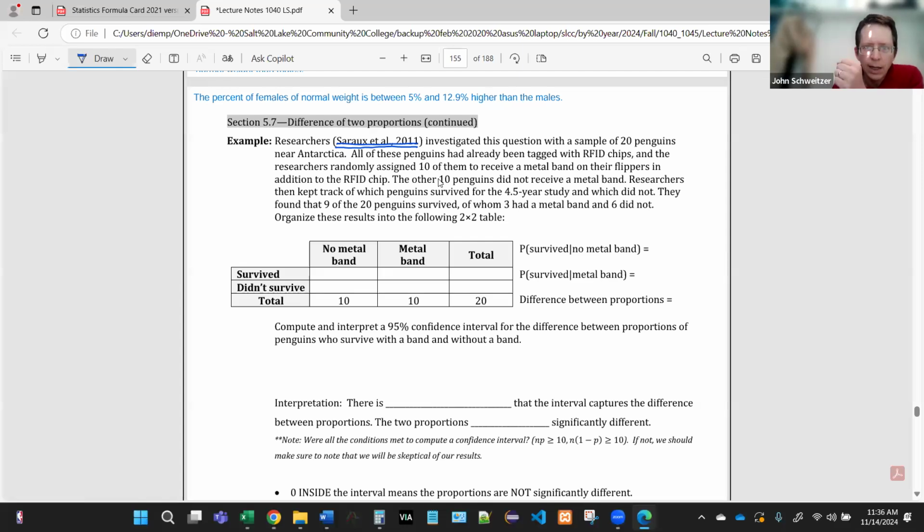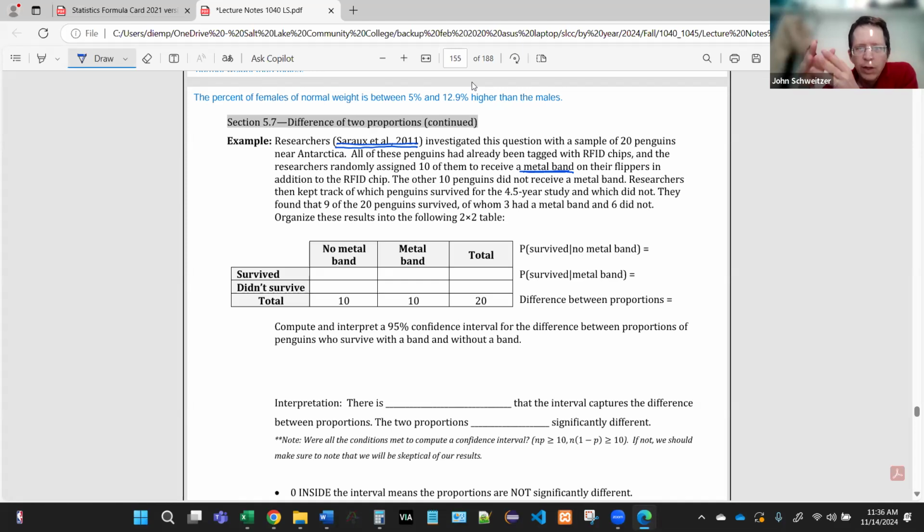You can imagine back in the day when they were doing wildlife biology and observing animals, they would use a metal band. You're down there in Antarctica and you want to observe penguins for a few different seasons. How do you keep track of them? Well, you put a metal band on one of their flippers. So you catch the penguin, you attach a metal band, and then you release it, and then you can identify the penguin later. Really interesting work that they're doing there.